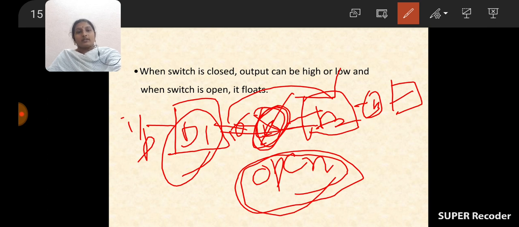But with the help of a buffer, after the inputs are processed by the first stage only, they are connected to the second stage. And by using another buffer between the second and third stage, only after the data is processed by the second stage is it connected to the third stage. So in this way, the buffers act like switches. When the switch is closed, the output is high or low, and when the switch is open, the output is floating. Okay, it is not connected, it simply acts like an open circuit. No output is connected. Okay,